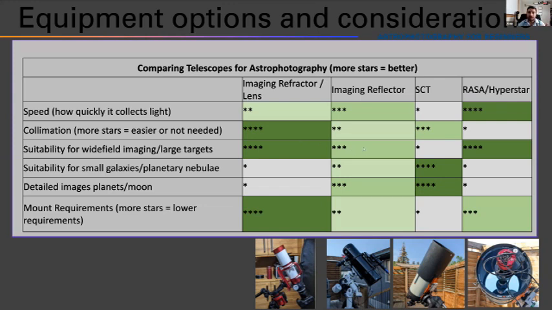And it's still long enough for most of the smaller targets, such as some planetary nebulae, some of the smaller galaxies or galaxy clusters. So an imaging reflector is a good jack of all trades that can cover both small objects and large objects. Schmidt-Cassegrains, generally, I gave it a 1 star out of 4 for wide field targets because